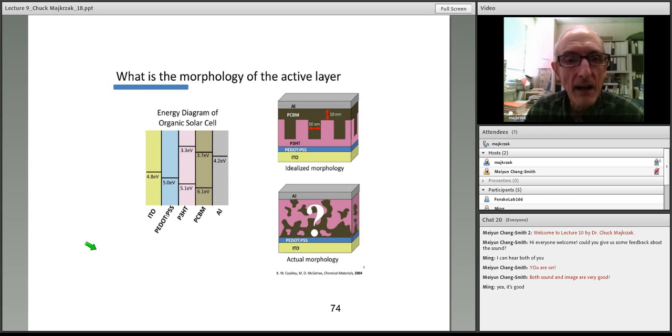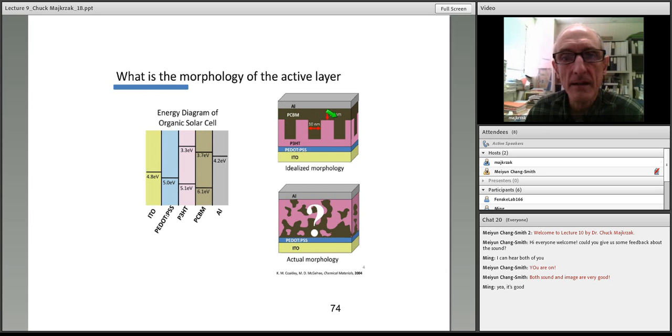It turns out, without going into a lot of detail, which I do not know everything about, one of the ideal structures is this cone-like structure. This is an idealized morphology where this spacing is of the order of 100 angstroms between the P3HT and the buckyball type